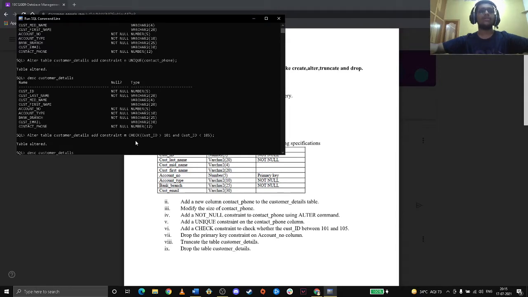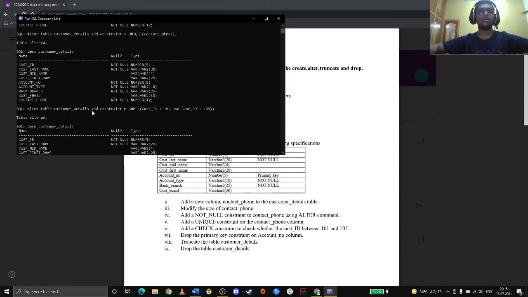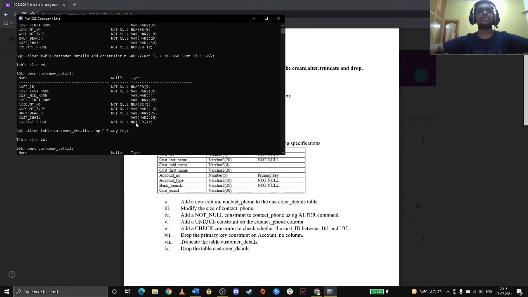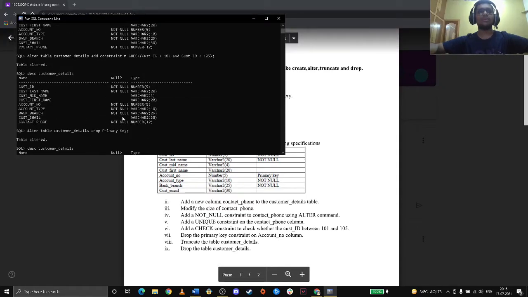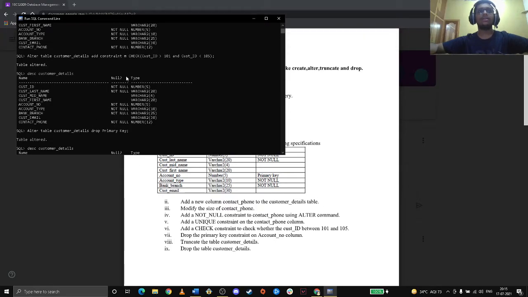So we alter table customer details, add constraint, where check. For check we gave a constraint and a variable m, which says that cust id is greater than 101 and cust id is less than 105. So the table is altered. There will be no changes in this table, because only if we put some values will it apply that check constraint between 101 and 105.